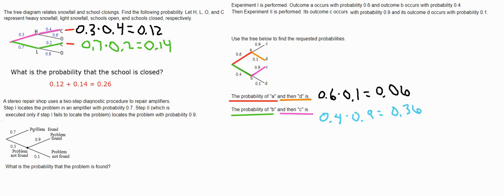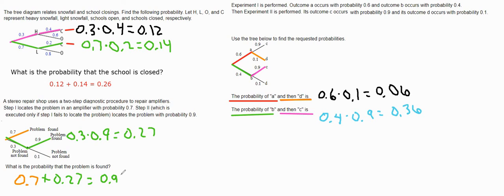So there's two ways to get to the problem is found. We got this way up here. There's two ways to get there. Problem found and problem found. Well, the direct method is pretty easy. Problem found there is a 0.7 chance. And the other way would be tracking this green path that I'm drawing on there. That would be 0.3 times 0.9, and that would be 0.27. So if we add up 0.7 plus 0.27, that would give us 0.97, or there's a 97% chance that we